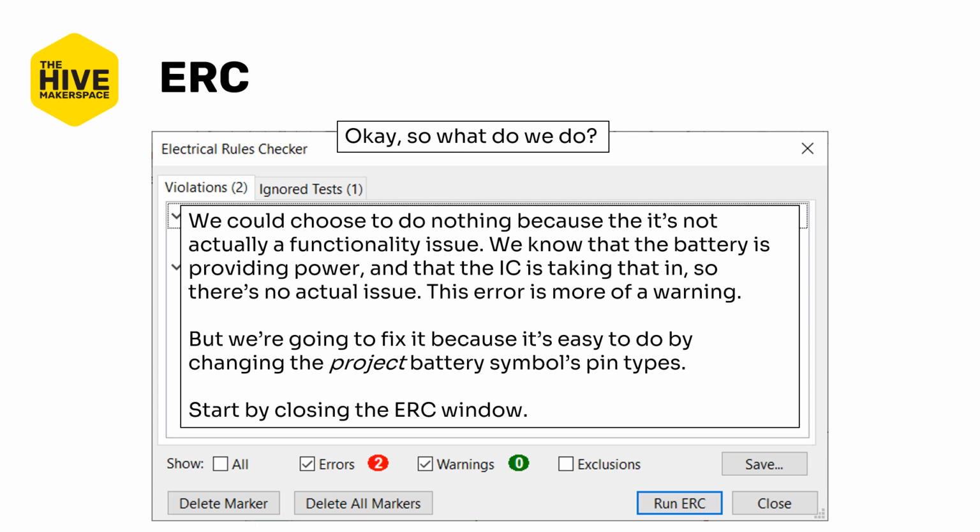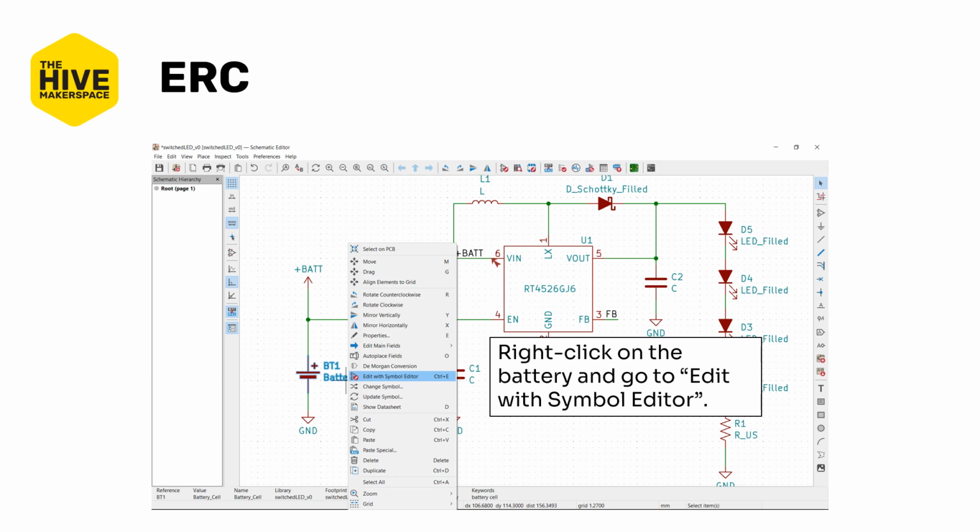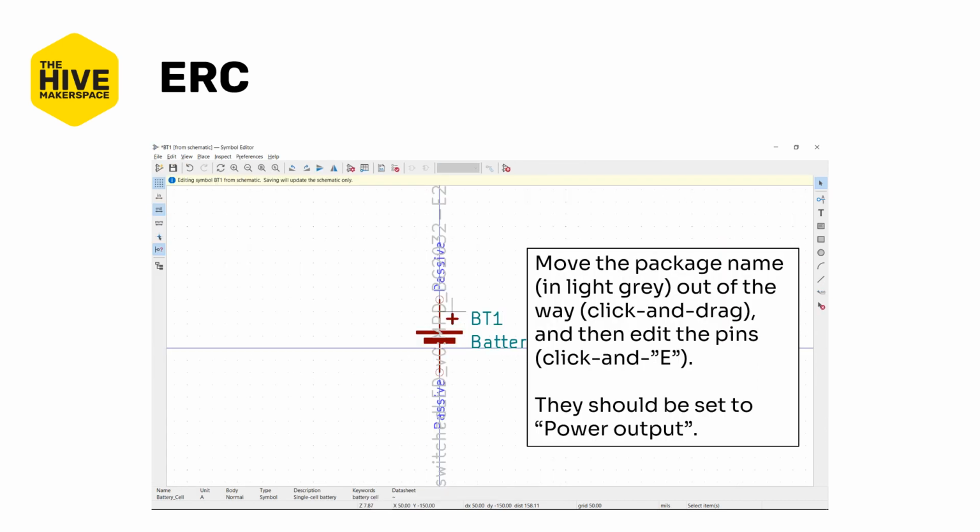So let's start by closing the ERC window here just by hitting close. We're going to right click on the battery symbol and go to Edit with Symbol Editor. First thing to do is move the package name out of the way. That's been in light gray because it's frankly just in the way. And then we're going to